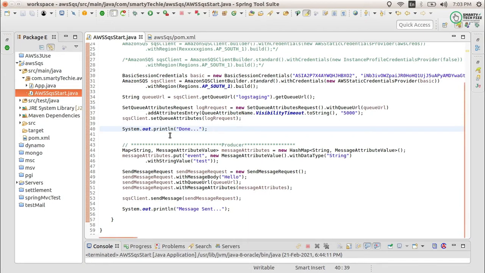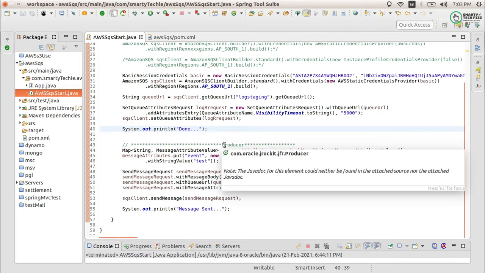Because having everything in this single class will not be good, because when we create a consumer, it should listen, it should receive and check the client, so that every second it checks the client whether any message has been given in the SQS or not. So that should be running always. So we will start the server, and then it should be checking the services by itself. So I will convert it into an application project, and then you will understand it more clearly.